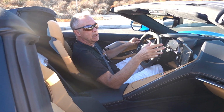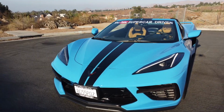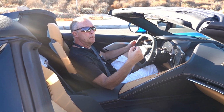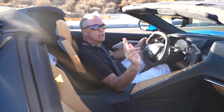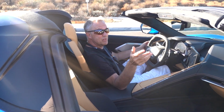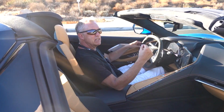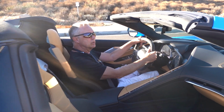Okay guys, again, Chevrolet nailed this. This is a Corvette, it's revolutionary. It has a new mid-engine, it has a new transmission. 495 horsepower, it has 470 pound-feet of torque, it's got a top speed of 197, and it'll go 0 to 60 in 2